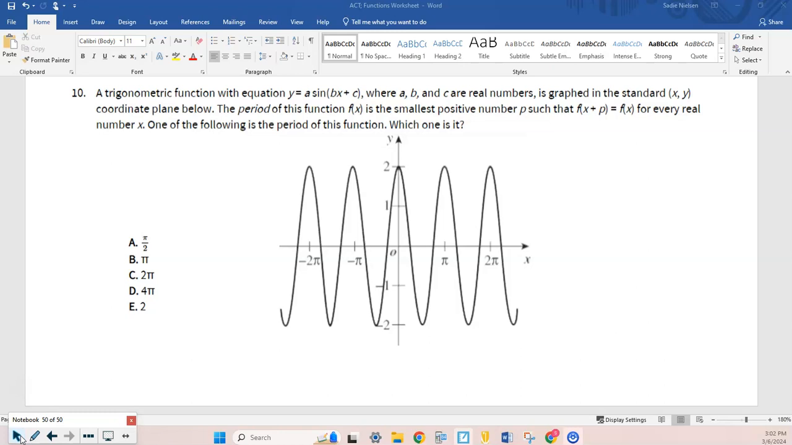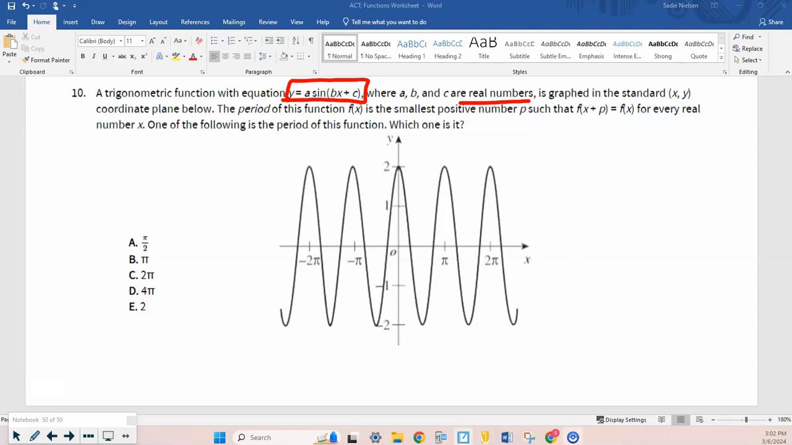This is what a trigonometric graph looks like. So if you graph sine of x or cosine of x or tangent of x, well, tangent won't look like this. But this is what a graph will look like of a sine or cosine wave. Okay, so let's go through and read this. It says a trigonometric function with this equation, a times sine of bx plus c, where a, b, and c are real numbers. That just means that they can be positive, negative numbers, or integers,